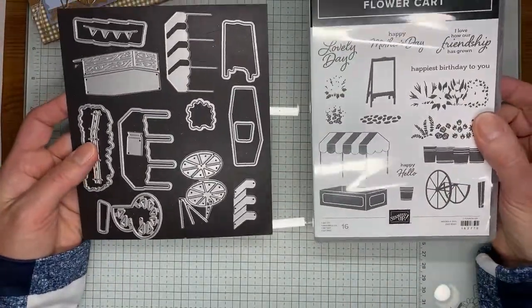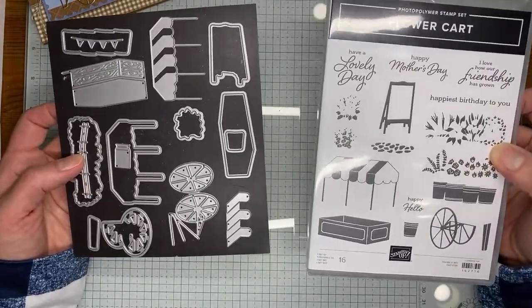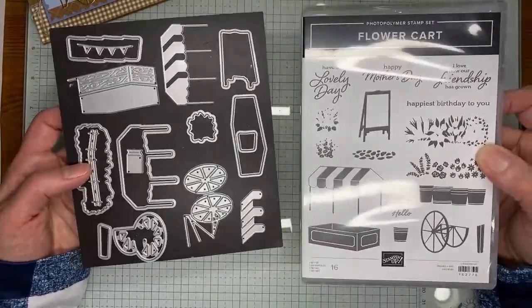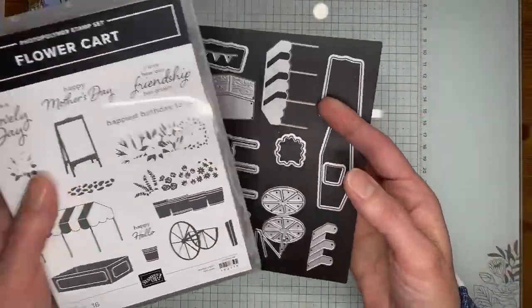So again, it's a sweet little set. It's bundled together to save 10% while the catalog is going on, which goes through the end of April, I think. The last day of April is when this catalog ends. So there's bundle pricing on that one, which will save you 10% if you get them together. All right,